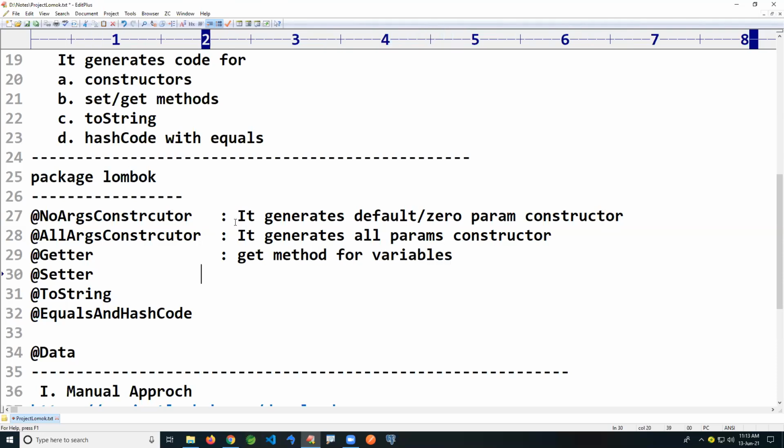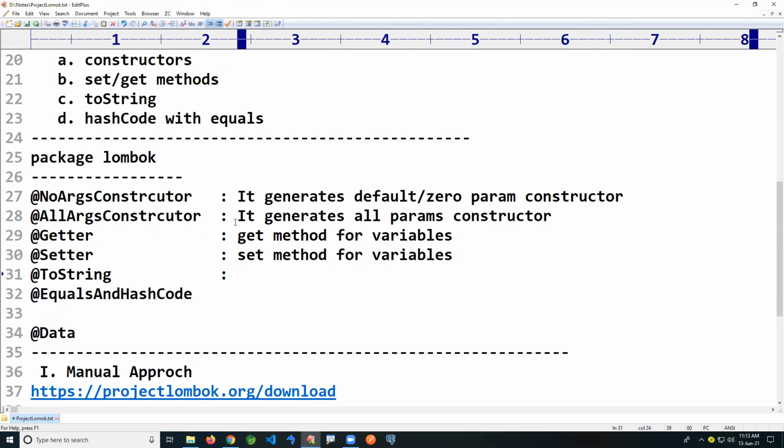Getter generates get methods for variables, and Setter generates set methods for variables. ToString: the toString method is defined in the Object class, and Lombok overrides it in our class.